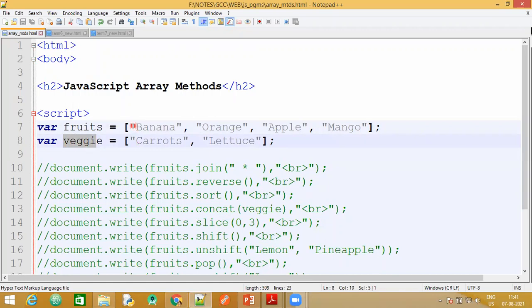Now this particular array called fruits has 4 elements. These are the 4 elements, and the second array has just 2 elements. Now let's look at the first method, that is join. So I'll just uncomment this. Since we are just going to display it on the browser here,